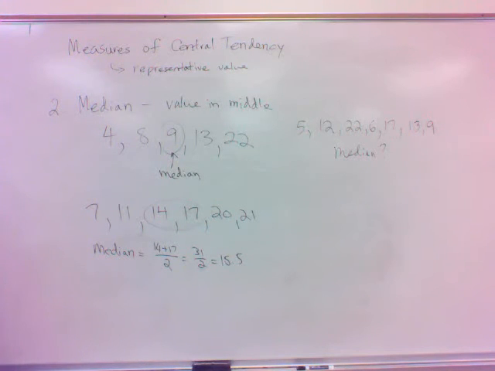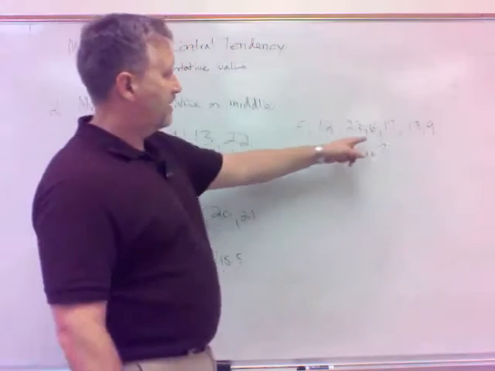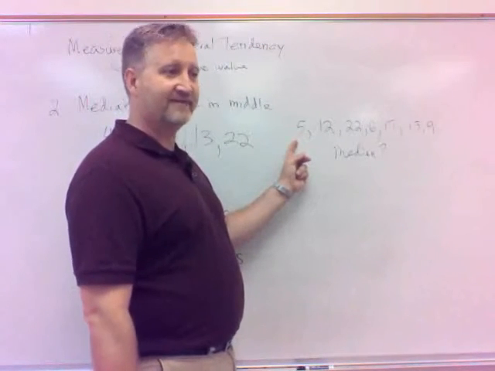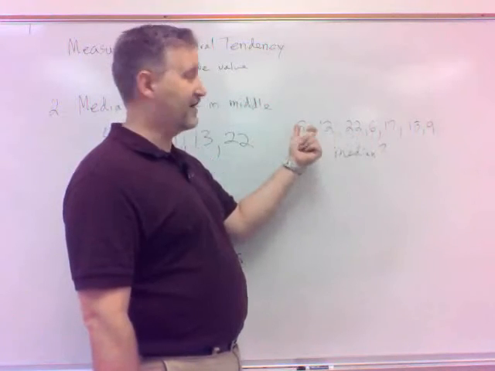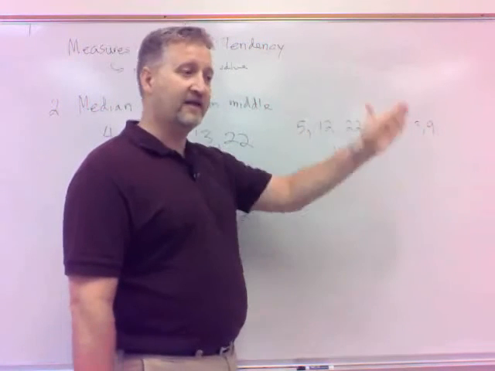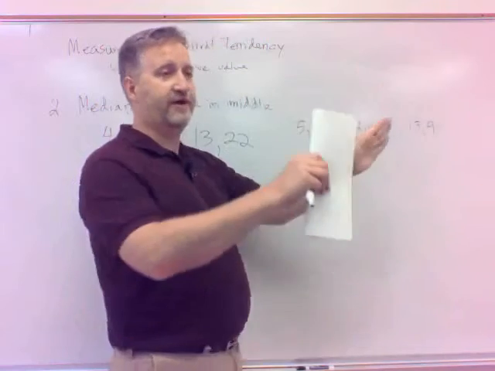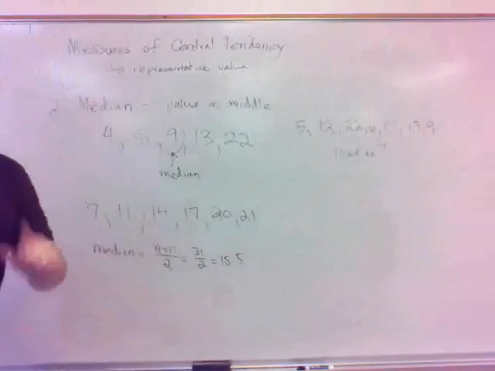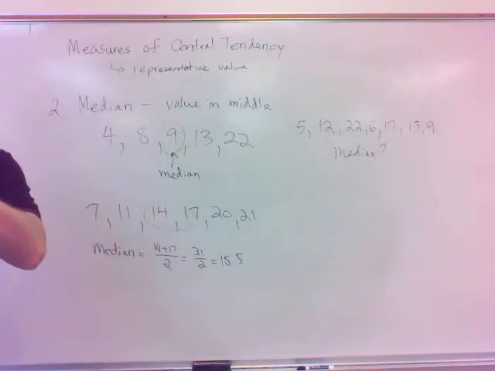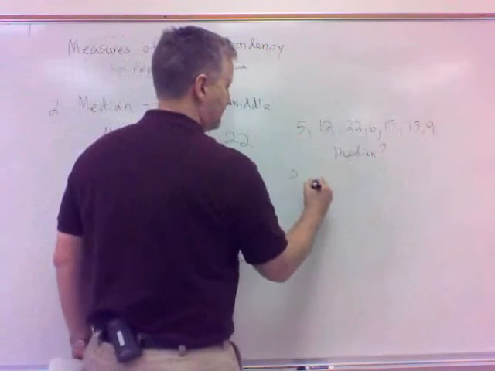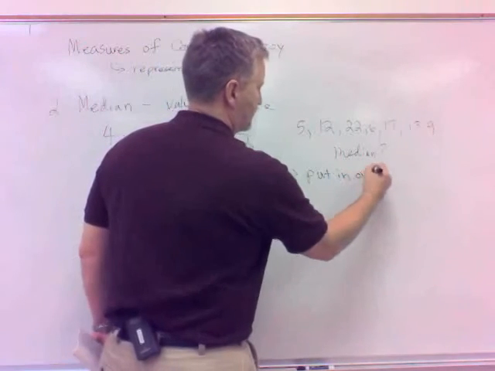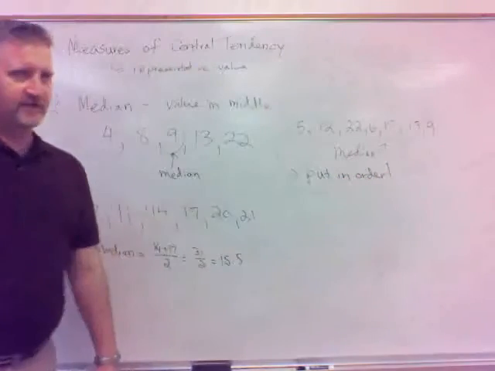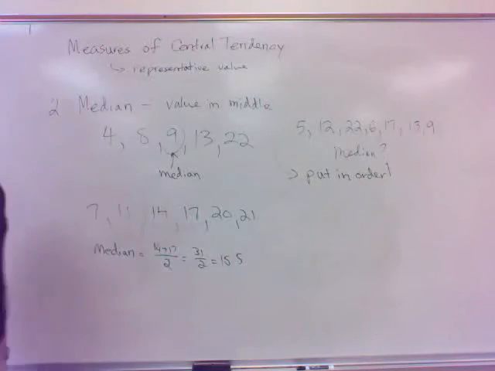Well, what we're saying is you have the same amount less as you do more than that number. However, 6 only has one value less, if you put them in order. The rest of them are more. So technically, this 6 is not dividing it up. The point I'm trying to make is be sure to put them in order when you're doing the median, because not always do these lists come in order. You want to order them if you want to find the median, the best way to do it.